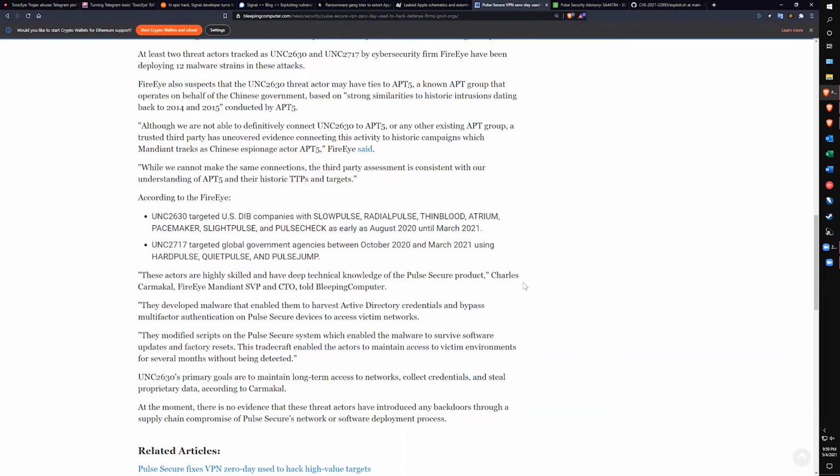Well, it's interesting. We've talked about it, and maybe this is just the trend: security software being exploited as a point of entry into these other organizations. The SolarWinds. Yeah. Exactly. SolarWinds is a good one. And I don't know, like, how many more stories like this need to come out before people are like,